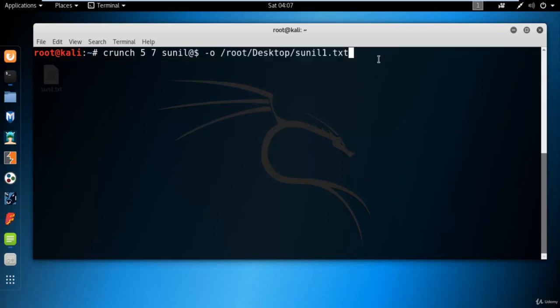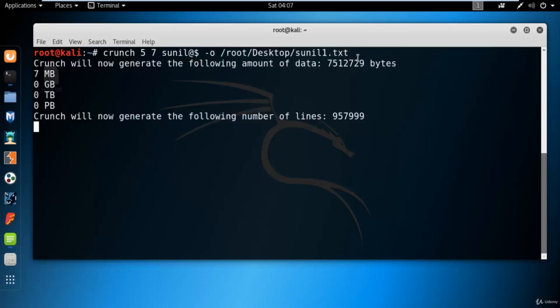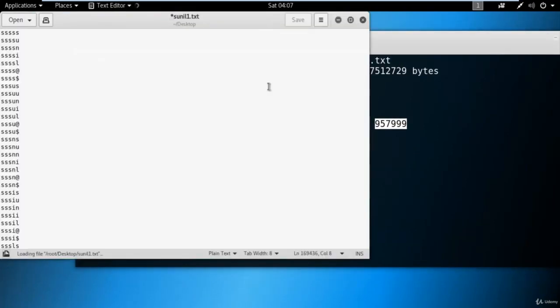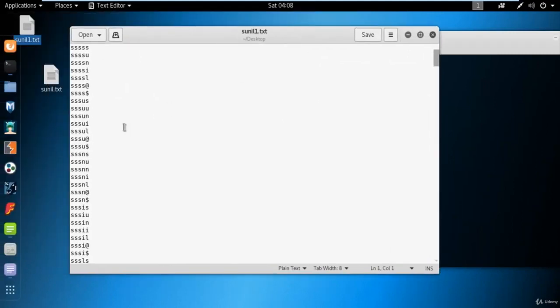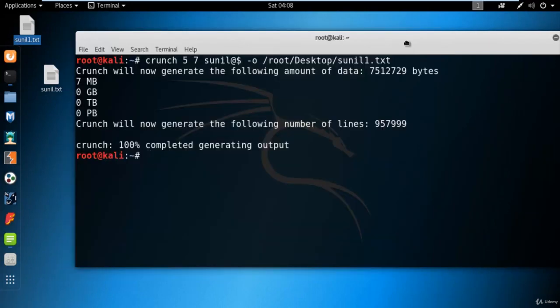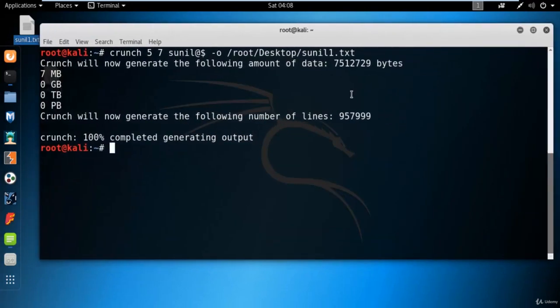So if you want to run this, let's run this file. You can see there that it is making a lot of lines here, right? If I open this file, you can see here that all this information is available here, and all the special characters have been merged inside these lines. So you don't need to worry about special characters. You can also create a dictionary with special characters as well. Right? So that's how you can create the dictionary with special characters.